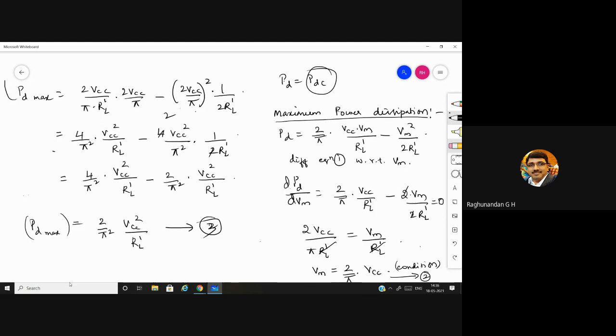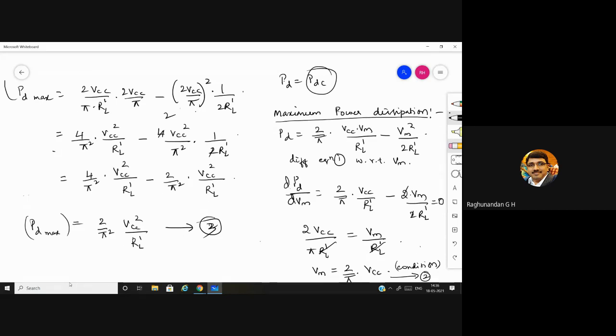After this, the next one is the complementary symmetry class B amplifier. In the complementary symmetry class B amplifier, the working remains almost the same, but there we will be using two different types of transistor, one NPN and the other PNP, and we are not going to use the transformer there. In many cases we will not use a transformer at all. But if you are using it, we'll use it at the output side. Otherwise, we will not use that also.